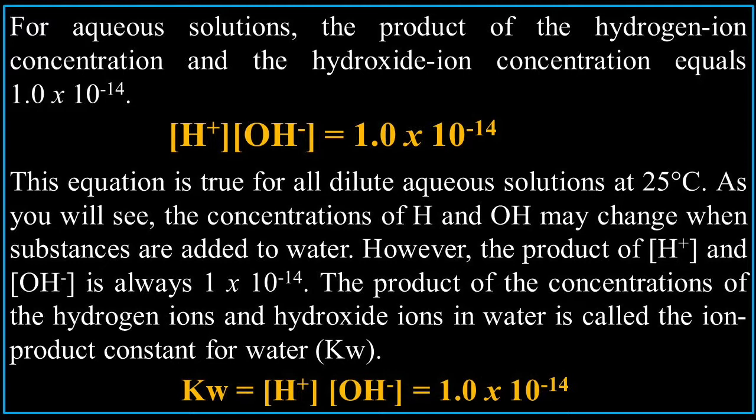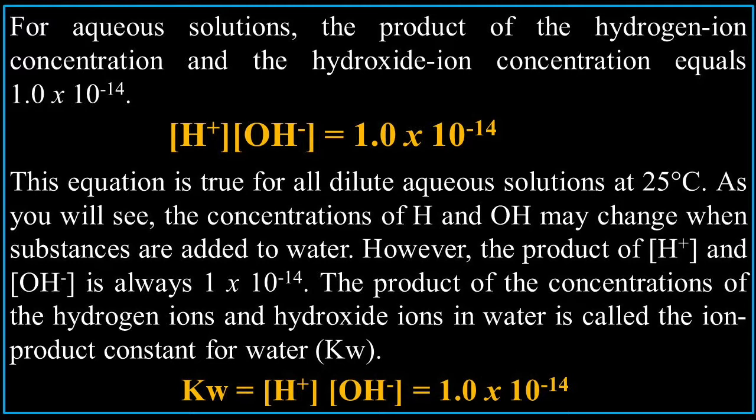When you multiply like bases, you add the exponents. So -7 plus -7 is -14. This equation is true for all dilute aqueous solutions at 25 degrees Celsius. As you will see, the concentration of H+ and OH- may change when substances are added to water. However, the product of the molar concentration of the H+ and the molar concentration of the OH- is always 1 × 10⁻¹⁴. The product of the concentrations of the hydrogen ion and hydroxide ions in water is called the